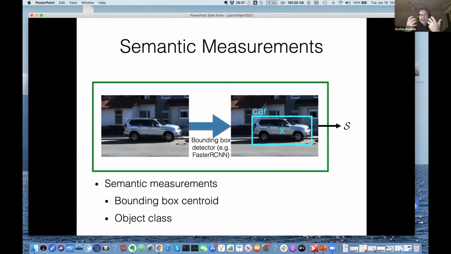For a while, it was very hard because we couldn't do good recognition of objects. But now with advances in machine learning, in deep learning, and having all the hardware like the GPUs, we can really very successfully build boxes around cars in the environment. So our measurements are not only just the little features, but also these bounding boxes for every object class.